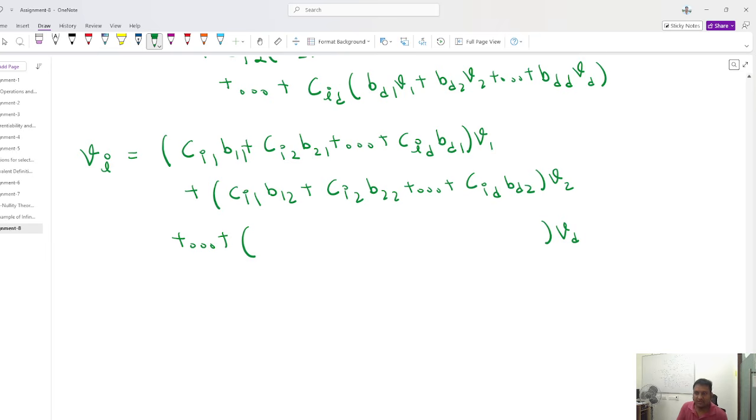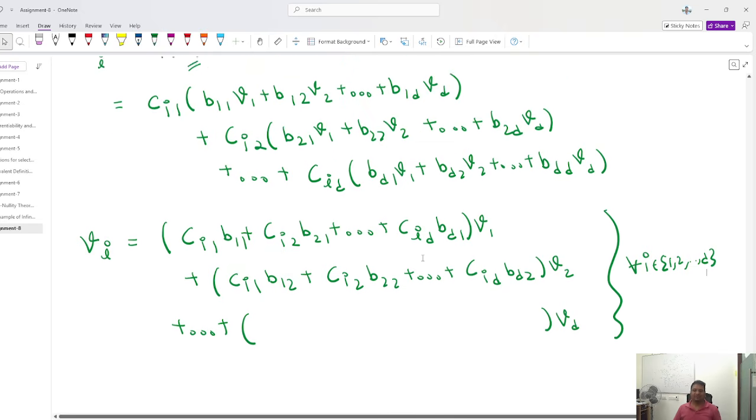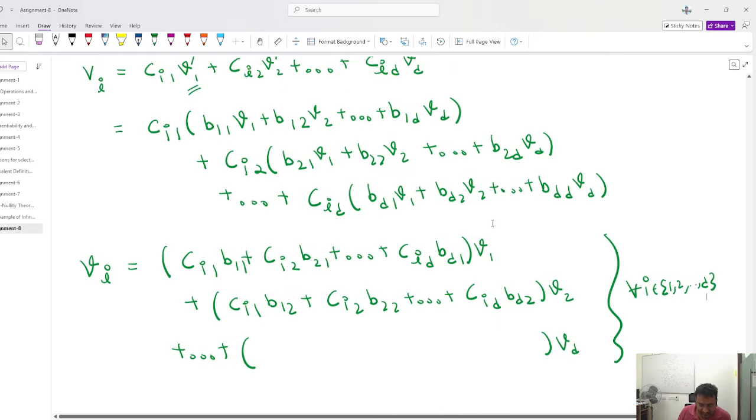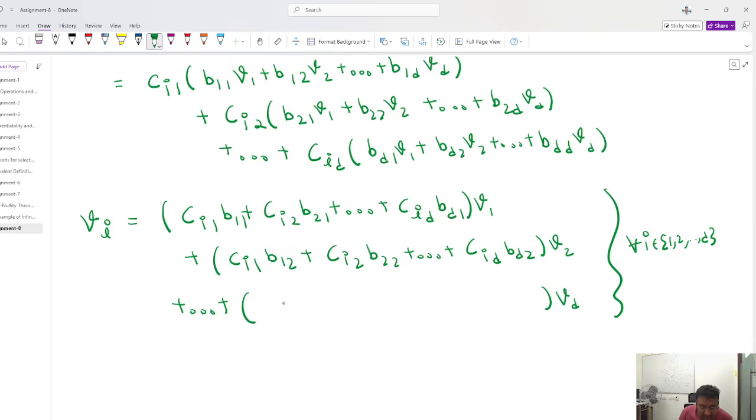I will tell you what will happen. So this is happening for every I, right? We are not varying I currently. But yeah, we will vary I also. So what will happen guys? See the coefficient properly. Ci1 B1D plus Ci2 B2D